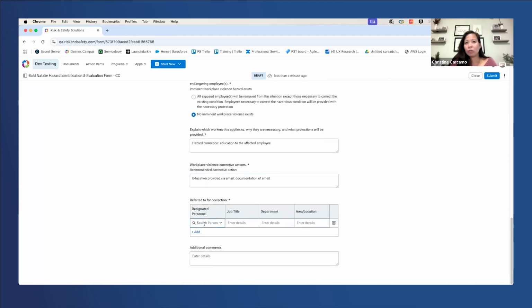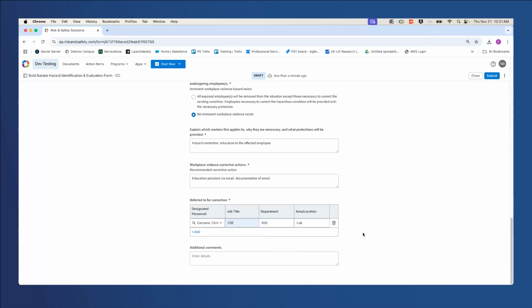And who is this going to be referred to for correction? I will put my name, and I will do my title as well as RSS, and then I'm clicking the labs. In this example, the person that can be referred to for correction could be, for example, the program admin, who is maybe sending out the email about the education to the affected employee.